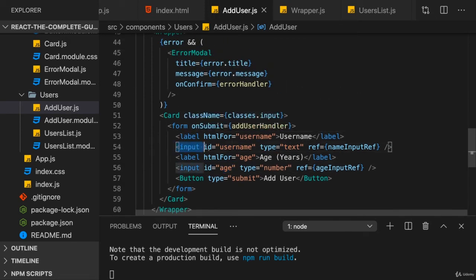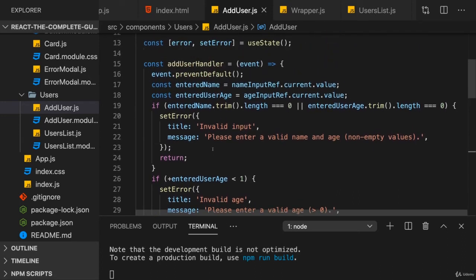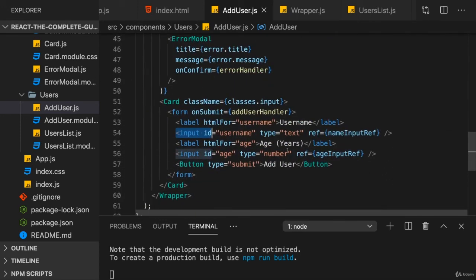And when we use refs like we're doing it here, we have uncontrolled input components. The approach we had before, where we manage our state and we update that state on every keystroke and we feed that state back into the input with the value prop. So that approach we had before we added refs, that would be the controlled approach. Then we would say that those input fields are controlled components because their internal state is controlled by React.